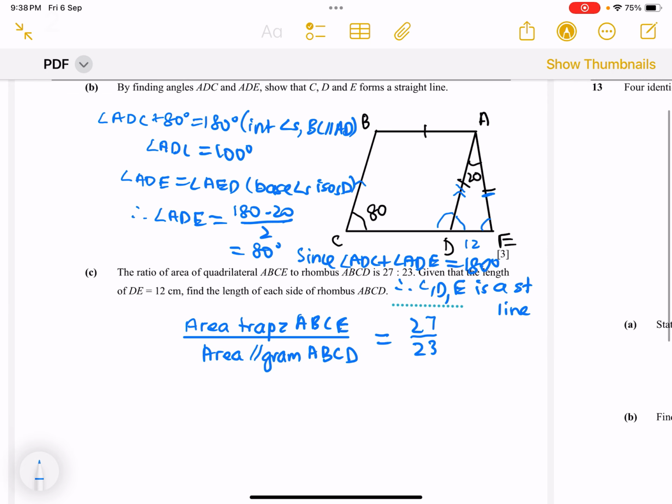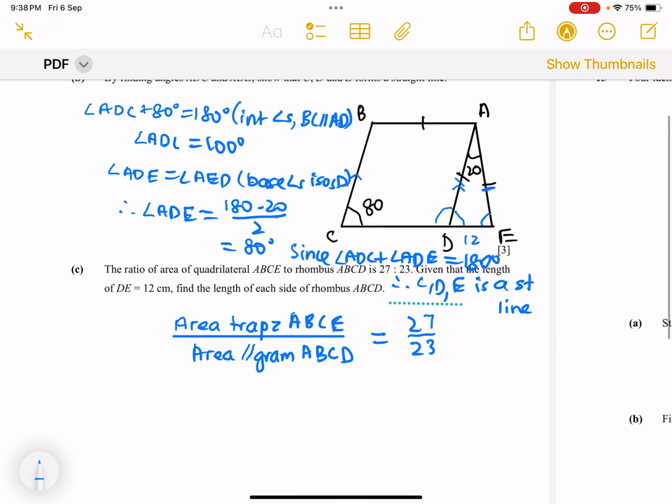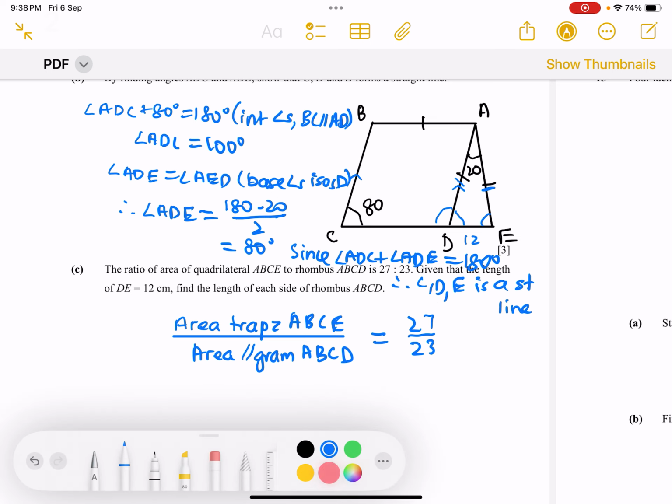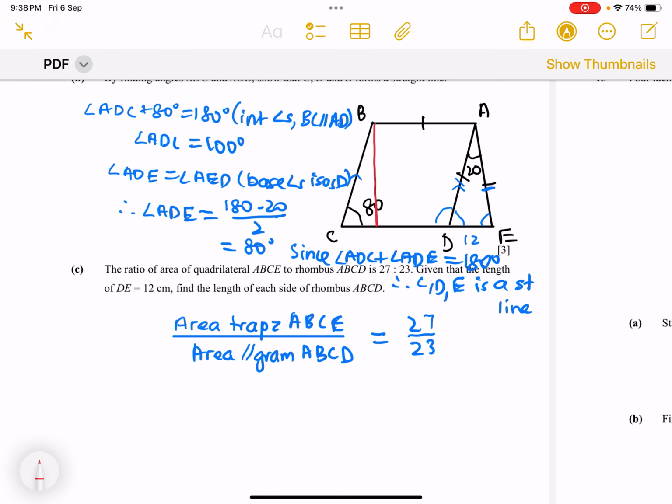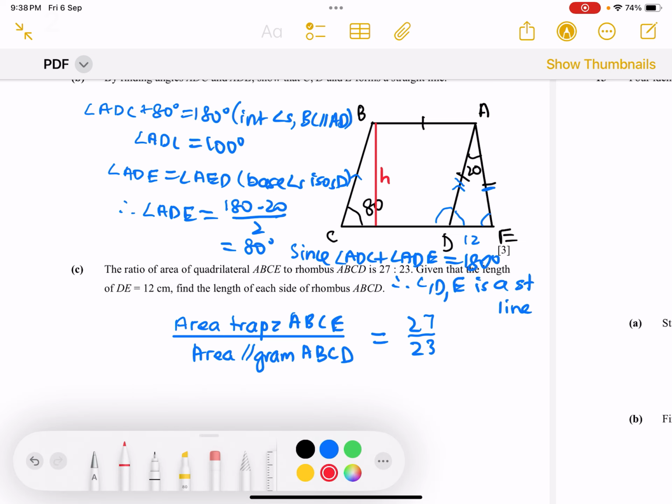Right, in the last part, we are given that the whole figure ABCE is a trapezium, right? And the ratio of the area of the trapezium to the rhombus ABCD is 27 is to 23. This is what we are given. Now, we are not given the height, so we can actually